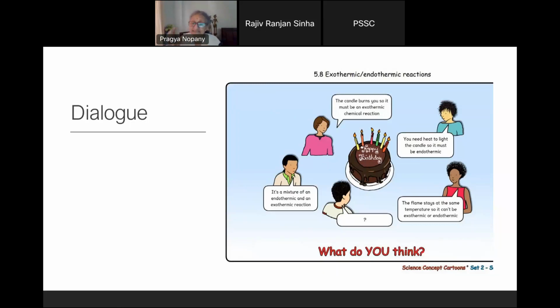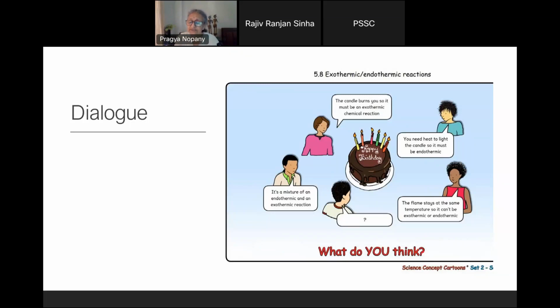So it is this thinking about their own thinking which is called critical thinking. And this thinking about one's own thinking, whether what I'm thinking is right or not, to examine it, to evaluate it, and to find evidence for it, that is what is critical thinking. And that is what this dialogue gives the chance for in the classroom.